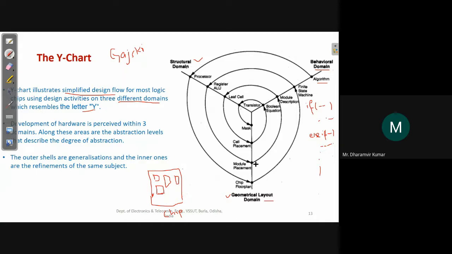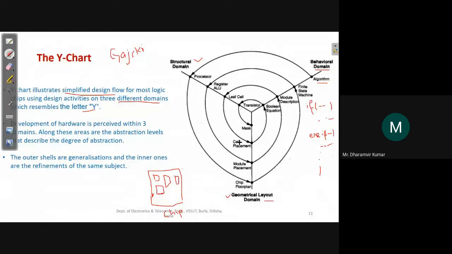And then this is module description in the behavioral domain. In the structural domain, this comes out to be a leaf cell. Leaf cell here may be referring to some sort of logic circuits that consist of gates.